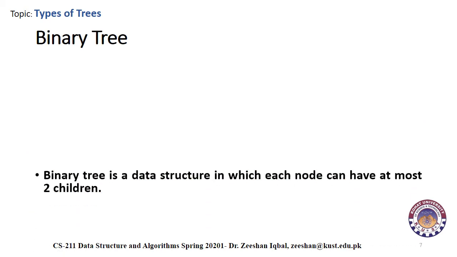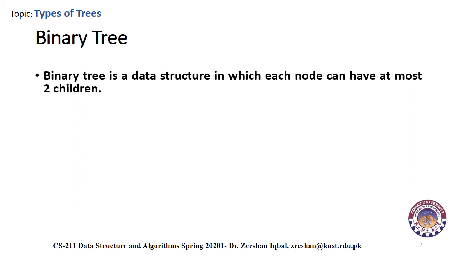A binary tree is a data structure in which each node can have at most 2 children. We cannot have more than 2 children in a binary tree. The node present at the topmost level is called the root node. The left child is called the left child and the right node is called the right child. Binary trees are used in applications like expression evaluation and many more. A node with 0 children is known as a leaf node.